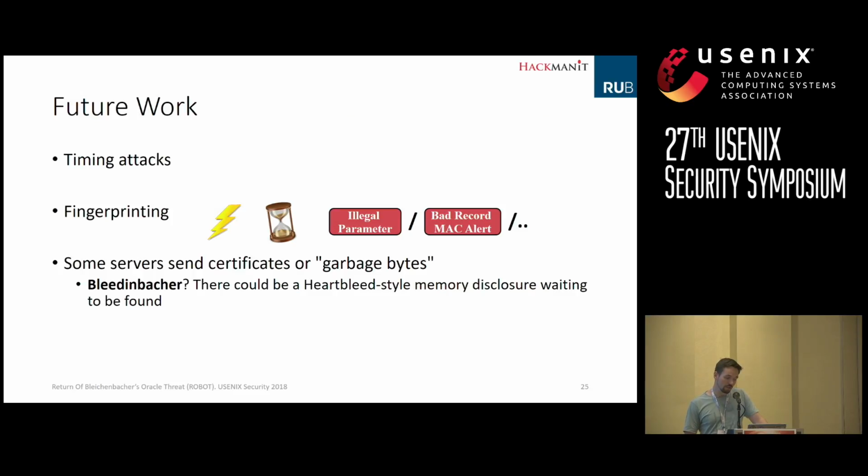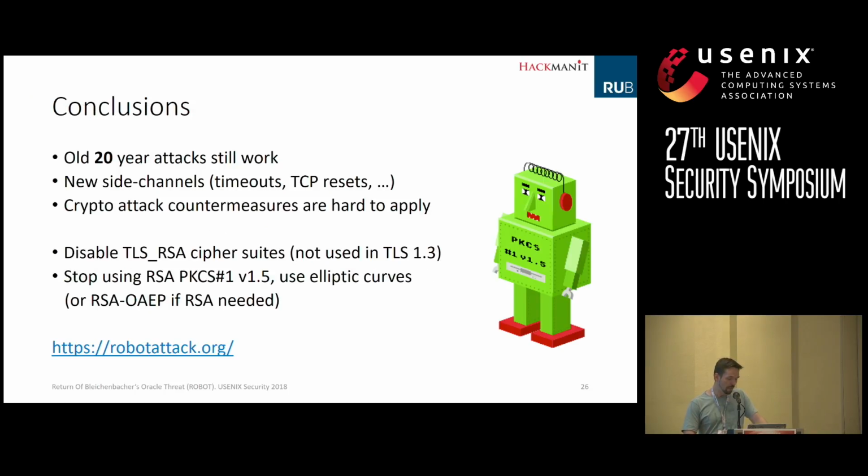As we could see, using these vulnerabilities you can do some fingerprinting, and what we also saw in some cases is that after sending wrong client key exchange messages, the servers were responding with some garbage bytes. So maybe you can perform something like a Bleichenbacher or Heartbleed-style memory disclosure. Okay. So in conclusion, we were able to apply the 20-year-old attack, Bleichenbacher's attack,